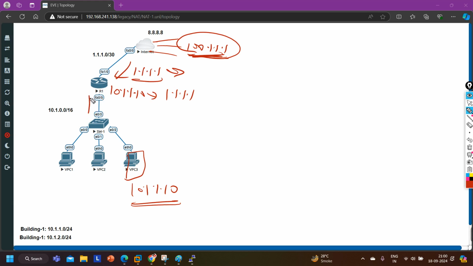If router 1 is receiving traffic on this interface where the destination is... guys, see outside, this is the outside user. If this outside user is going to access my server, the source IP will be 100.1.1.1, and the destination IP will be 1.1.1.1, not 10, that is a private IP address.